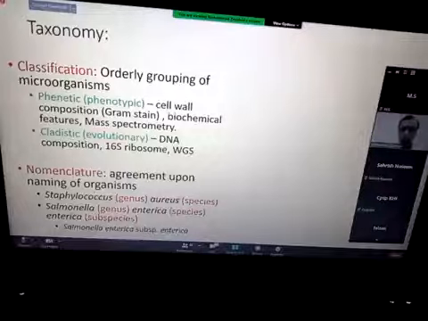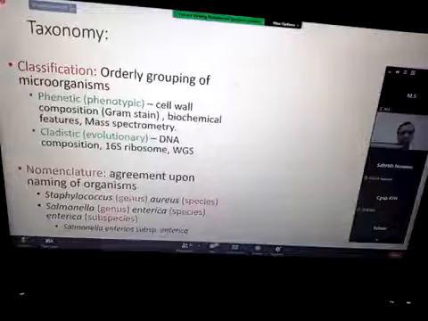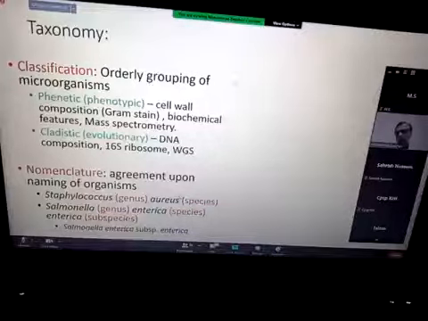So now we will go for whole genome sequencing. You have to remember whole genome sequencing. Nomenclature is the agreement upon naming of the organism. Like we call it Staph aureus. Staphylococcus is the genus, and this is aureus. If someone tells me there's a growth of staph,